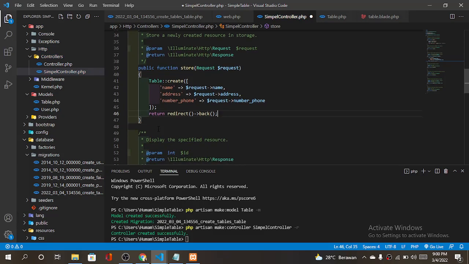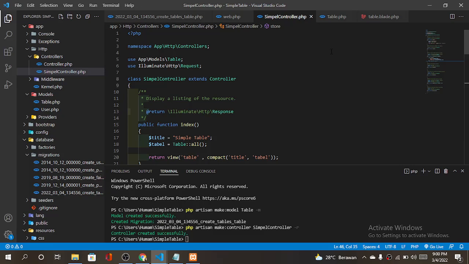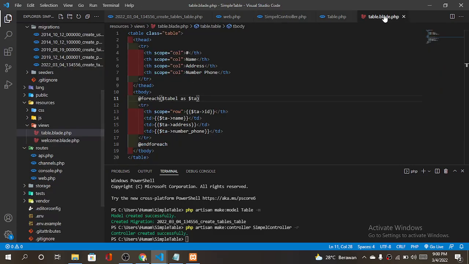Okay, after that we save this and we open our blade, and we must add a modal for this,